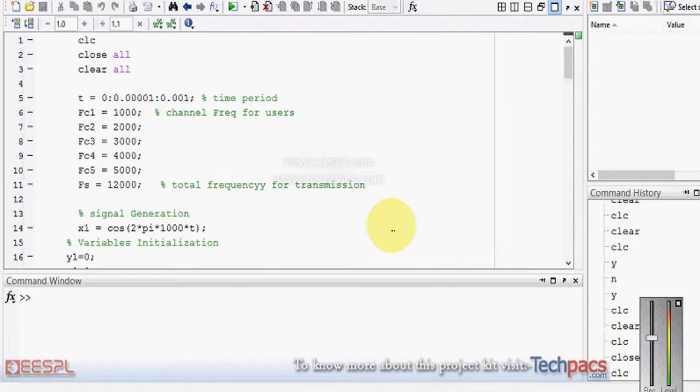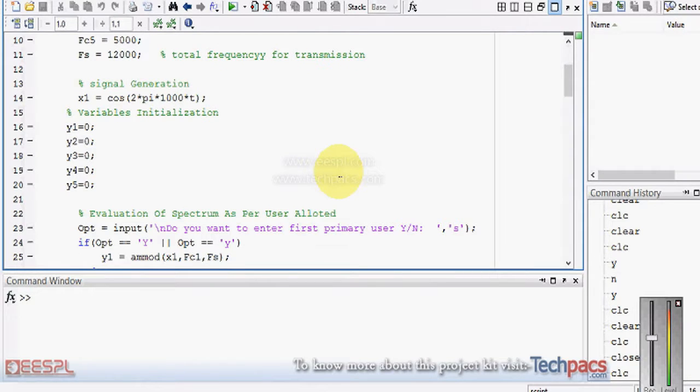Today I'm here to demonstrate a project on the basis of wireless communication. As you know, one of today's trending and very popular techniques is cognitive radio. Basically, the main working of cognitive radio is the analysis of the spectrum, the power spectral values. By analyzing the energy spectrum or the power spectrum, the users are allotted particular slots. So this project demonstrates the same concept, in which we are working on a 5-user spectrum.